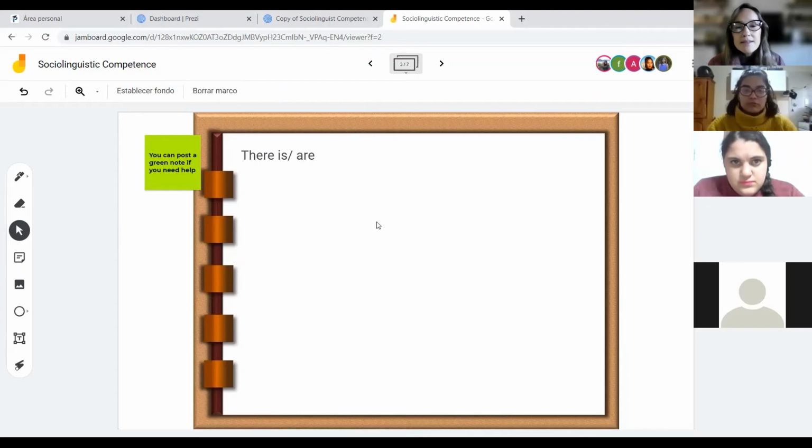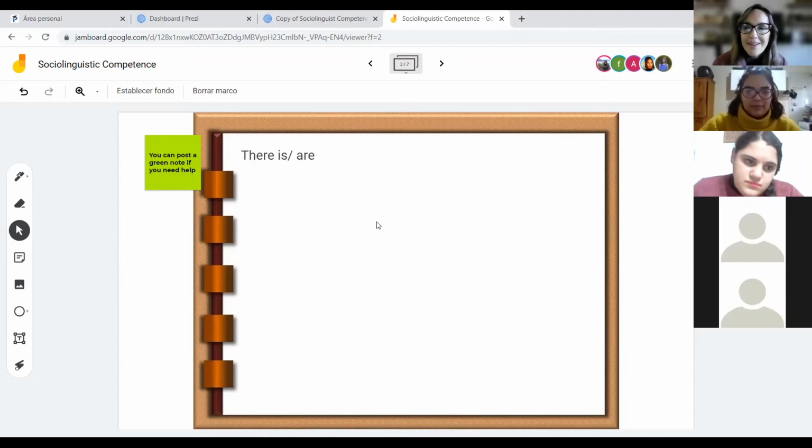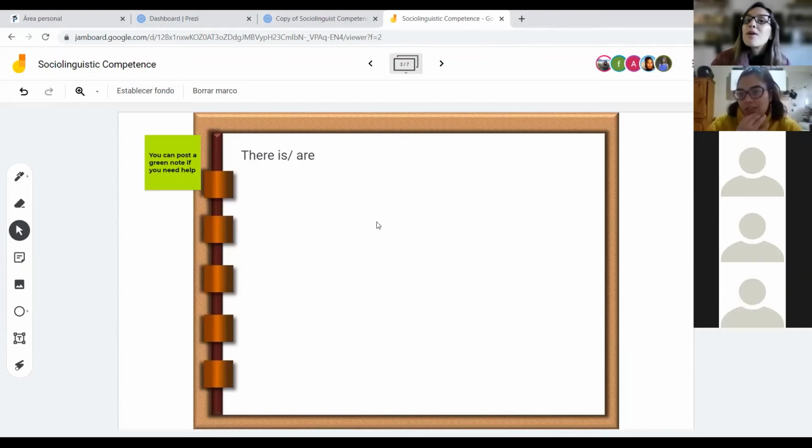How do we say there is and there are in Spanish? Yes, Rocio, you were saying it. It means the same, and there is no difference for us if the nouns are countable or uncountable, okay? That is a huge difference. Here in English, we have a distinction for plural and singular things, and in Spanish, we don't. Yes, exactly, so that is something we need to take into account because that concept is different from